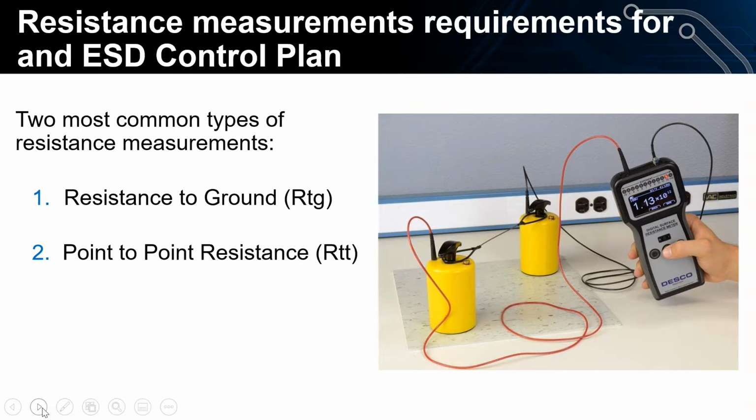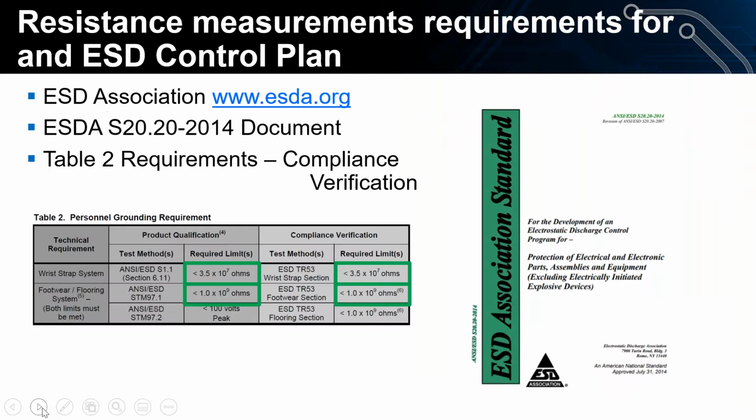Another type is what we call point-to-point resistance, or RTT. And this is when we're going to measure surface resistance only. And that will apply to groundable things, but also to packaging materials that typically, like ESD bags, for instance, typically aren't grounded. And so I'm going to demonstrate both of these types of measurements using all the various types of test equipment. So I'm going to do this in accordance with the ESD Association's